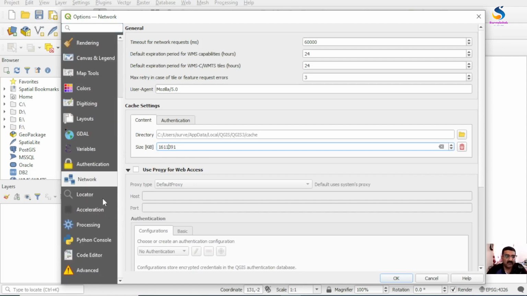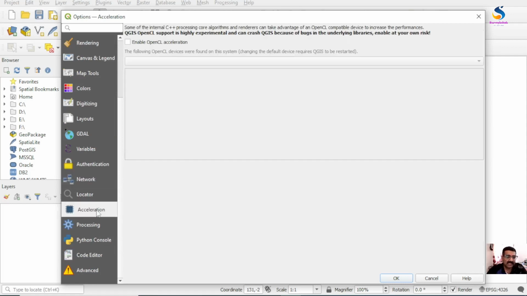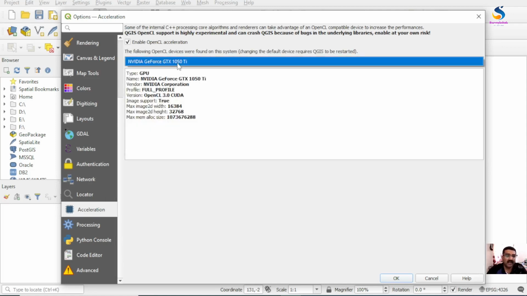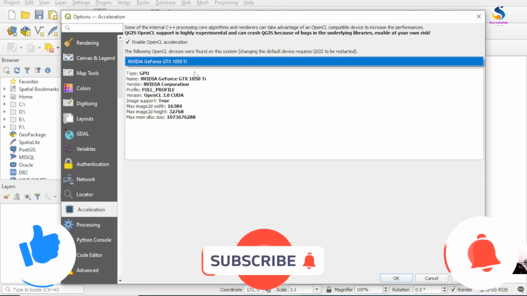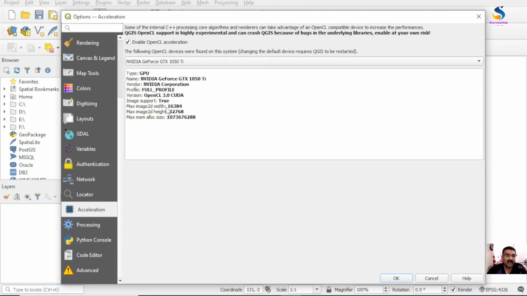And one more thing you have to do, go to acceleration, check this box, enable OpenCL acceleration, and it will show your graphic card here, and this will definitely increase the speed of your QGIS processing. As you see, some of the internal C++ processing core algorithms and render can take advantage of an OpenCL compatible device to increase the performance. It is written here. Okay, so do these settings and you will see the change in your